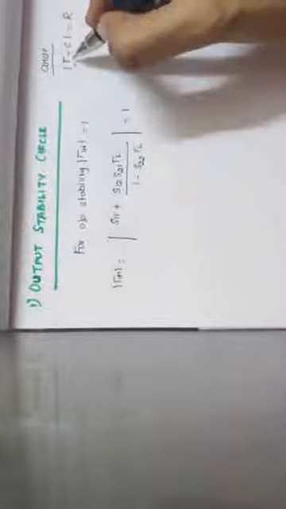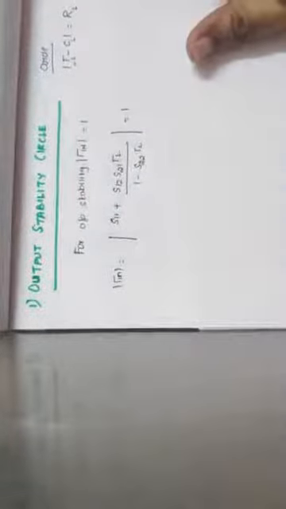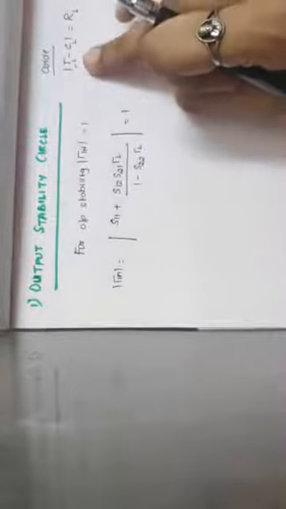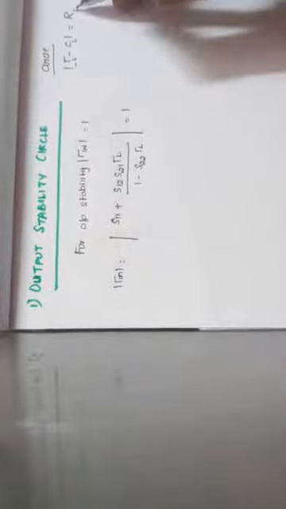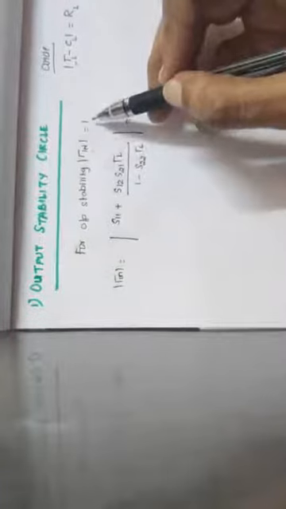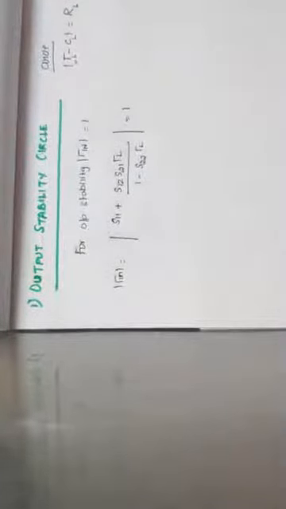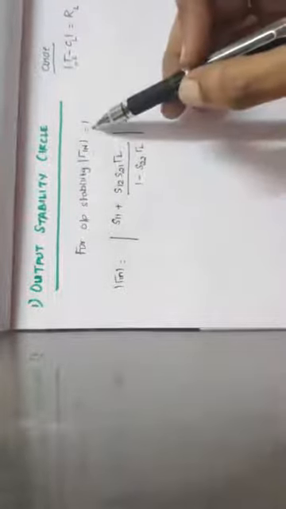For the load, it is |tau L minus CL| = RL. So we consider the surface of the Smith chart to be the plane of the load reflection coefficient. CL represents the center point and R represents the radius of the output stability circle. Now, to analyze the output stability circle, I am going to equate |tau in| to 1, because if it goes greater than 1, we saw that the amplifier becomes unstable and behaves as an oscillator. So the condition is that it has to be equal to 1.